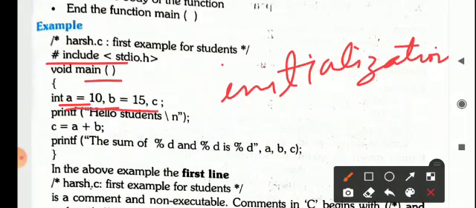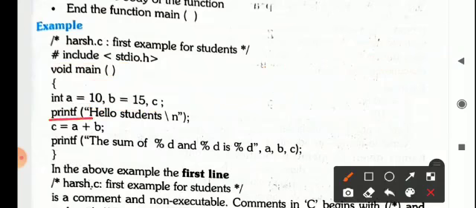writing a C program. Okay. Next is the printf function. Now, the printf function is basically used to display any message or variables on the screen. So here you can see that the message is written within inverted commas, and \n is for changing to a new line. Okay, so printf hello student is written and a backslash, you can see the inverted commas are closed, then the parenthesis is closed, and outside the parenthesis closure there is a semicolon. Now, what is done? c is equal to a plus b.